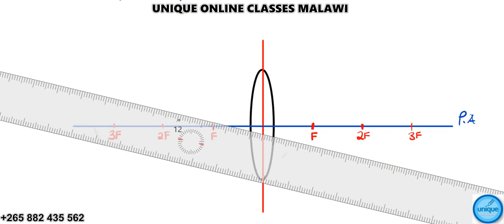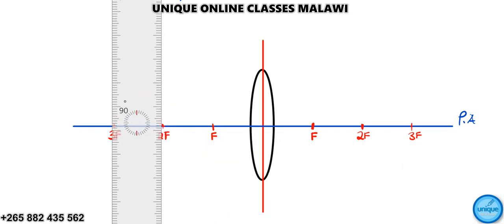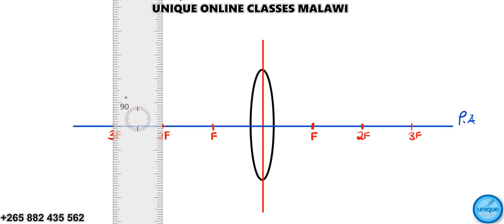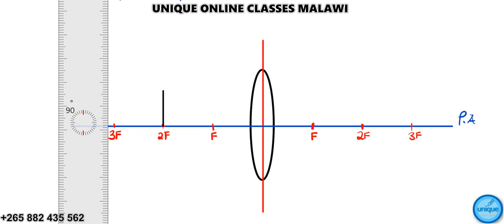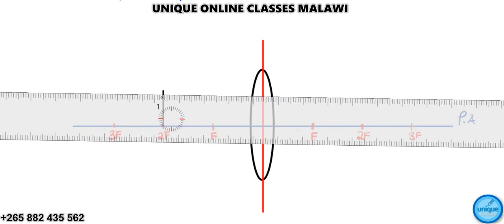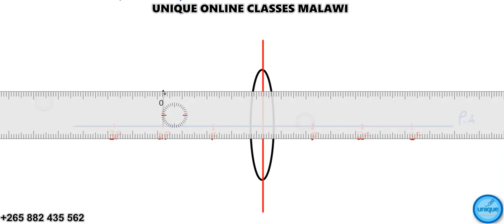Let me take my ruler and place my object at 2f here. So this is my 2f, and the height of this object, let me choose, should I have 2 centimeters? No, I'll just make it at least taller, something like that. So this is my object, and I should draw a principal ray which passes through the edge of our object. So I should choose another color. This time I should take blue, indicating principal